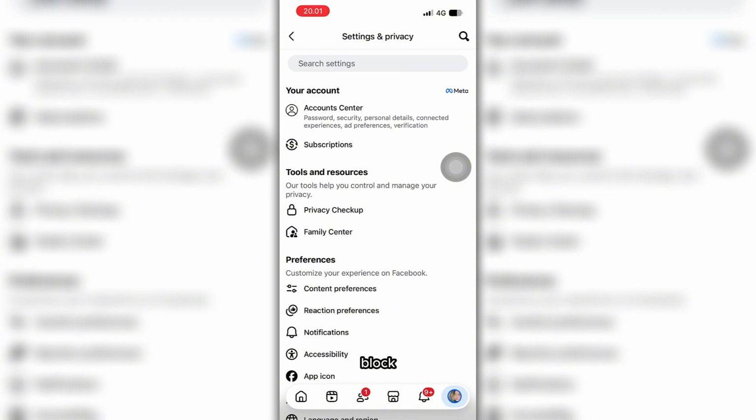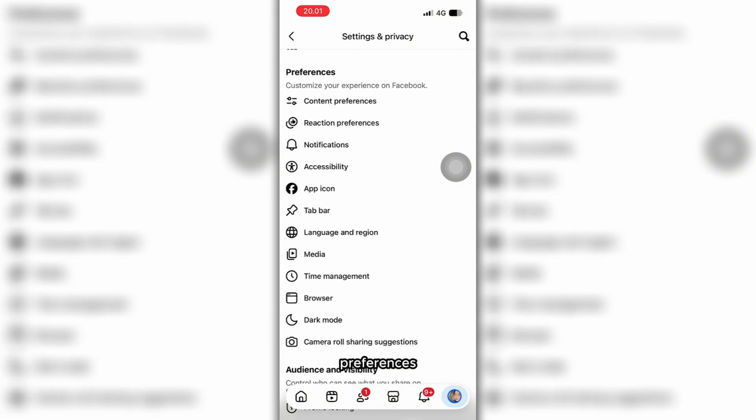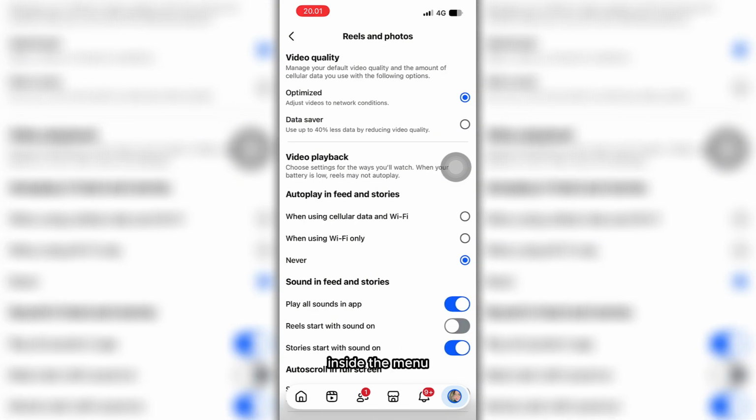Look under the section block explicitly labeled Preferences. Tap directly on the configuration row option labeled Media. Inside the menu layout, locate the primary header section explicitly labeled Video Quality. Tap directly on the checkbox option explicitly labeled Data Saver to reduce video quality and cut overall app consumption by